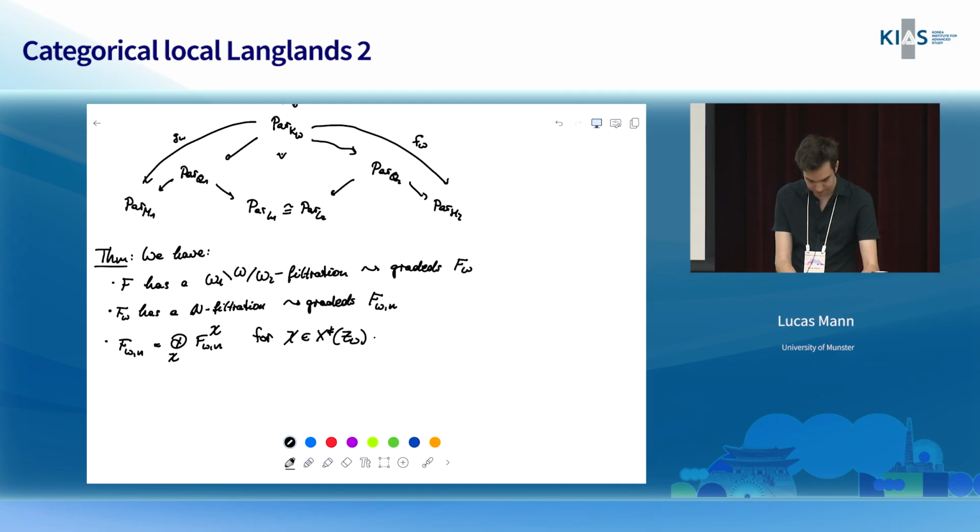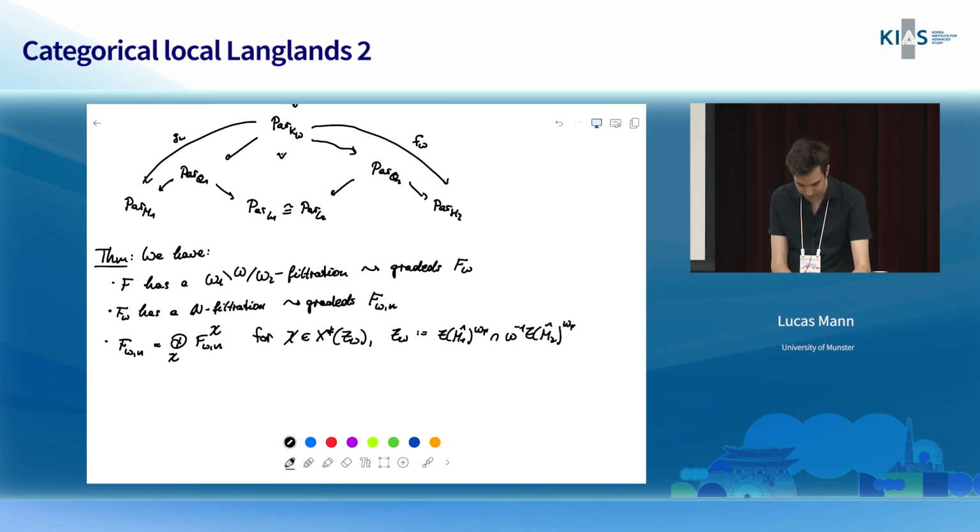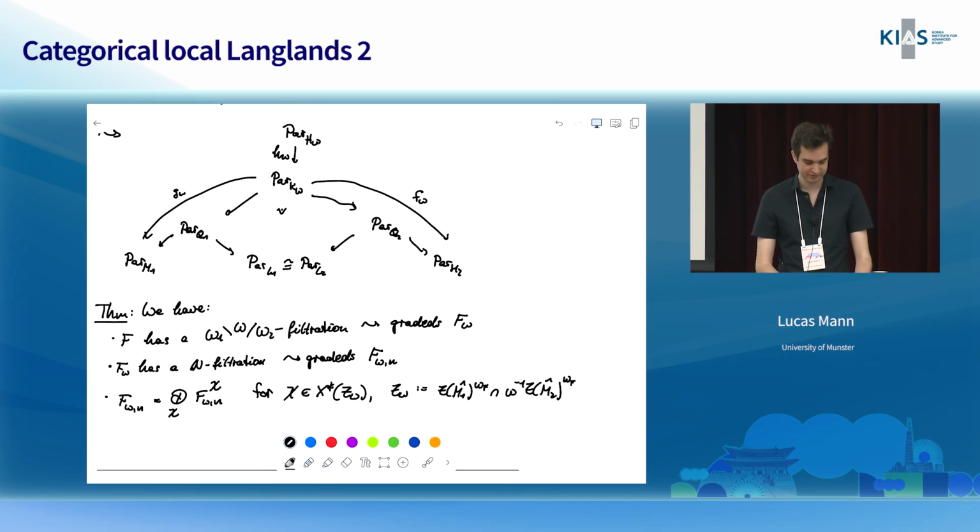of some group Z_W, and Z_W is just the center of K_W, and you can also write this as Z of M1 hat W_F intersected with... So this is a pretty concrete group. Just the intersection of the centers of M1 and M2. Okay, now I have decomposed my F into these F_{W,N,χ}, and now I can start trying to understand what